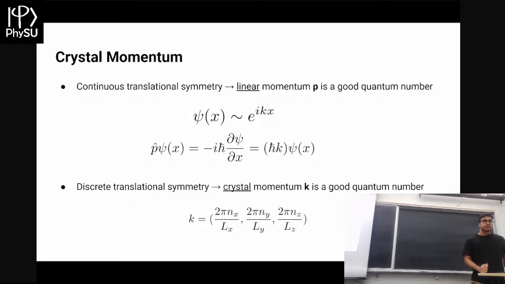It turns out in lattices, we don't have this continuous symmetry. So you can't just move to a random place in space and say it looks the exact same as some other place. We only get this symmetry when you move over by one of these lattice vectors, a1. And so in this case, we have a discrete symmetry, so we get this momentum result, which is also discretized. It takes on this form here at the bottom, and so nx, ny, nz are just integers, and then lx, ly, lz are just the lengths of the crystal along each direction.